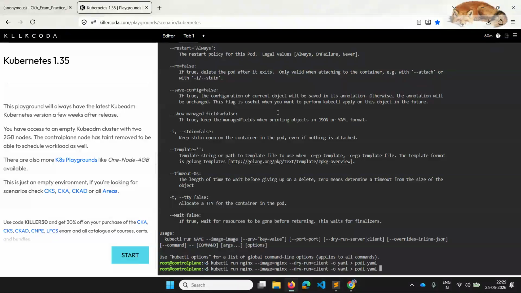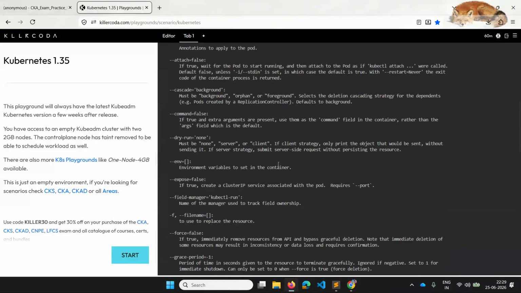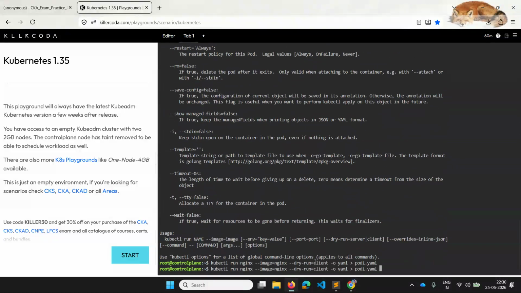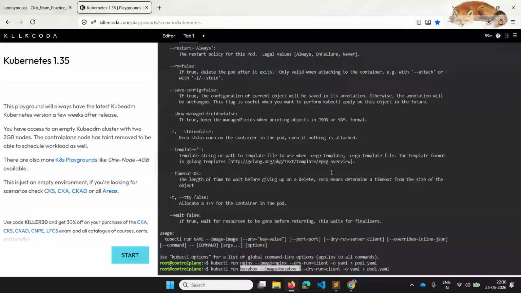Similarly, I want to create one more pod. Let me create one more pod with a different image. So I'll take an example like this, and I'll store it in pod2.yaml.